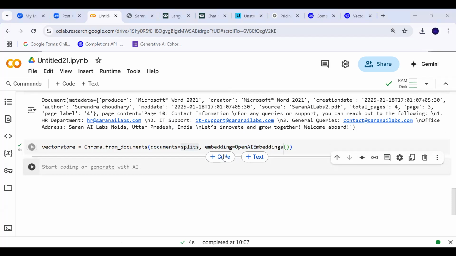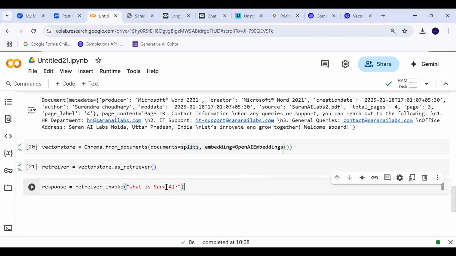Now what? Now you need to retrieve it, right? Exactly. So what I need to do is convert this vector store into a retriever. There is a method called vector store as retriever. Now this retriever can basically help me retrieve the text. For example, I can ask a simple question: what is Saran AI? If I run this one,